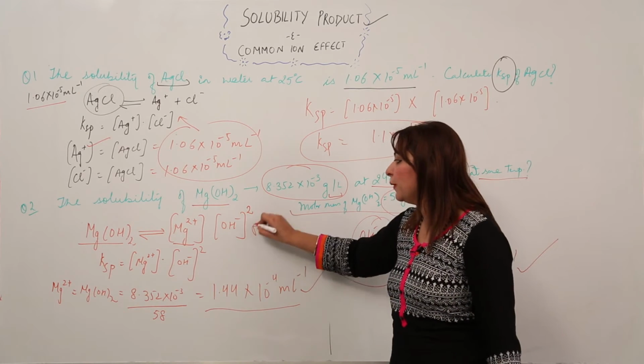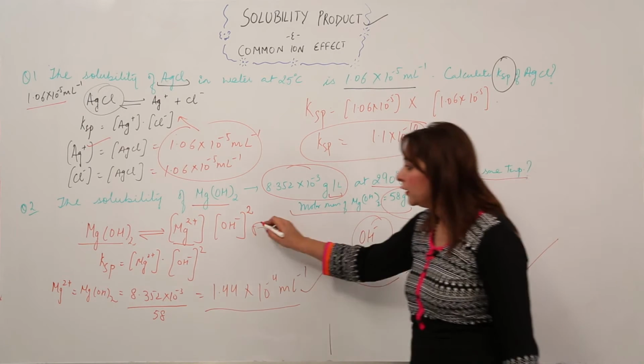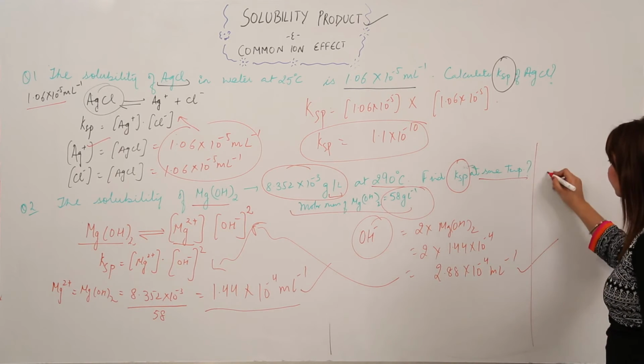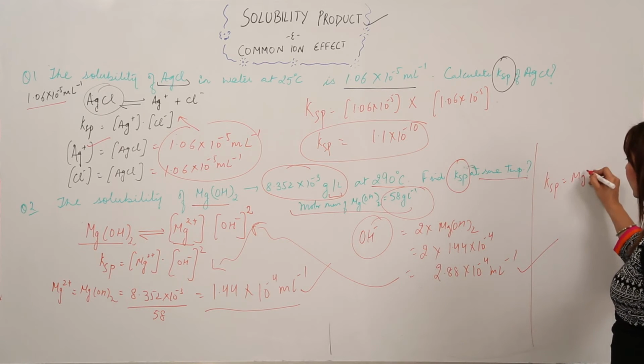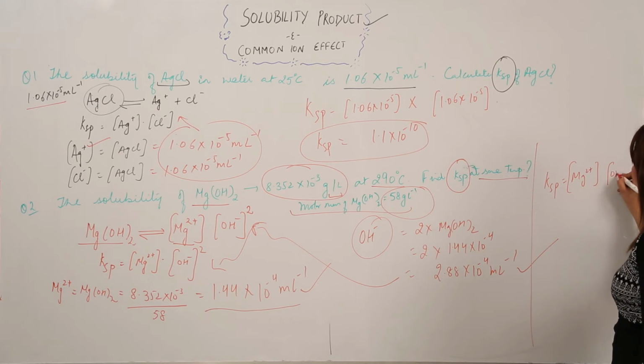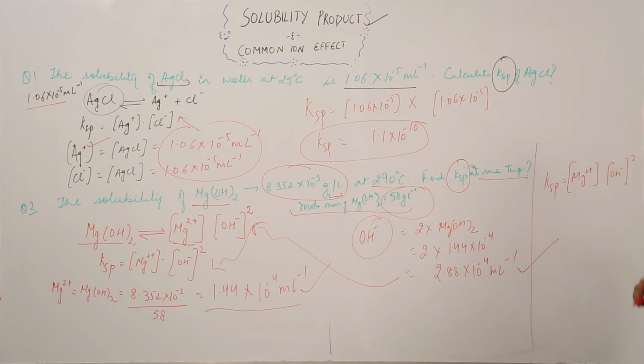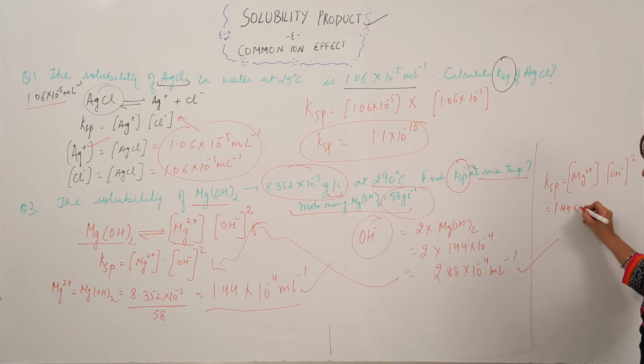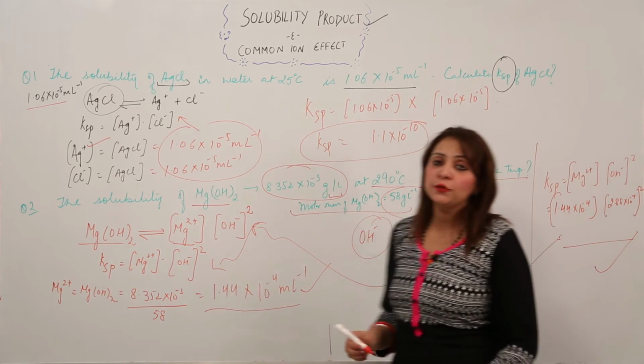Now, we'll be substituting these values in this given equation to find the value of Ksp. So Ksp becomes [Mg2+][OH-] whole squared, right, and we have Mg2+ as 1.4 into 10 to the power minus 4, and OH we have 2.88 into 10 to the power minus 4, and you have to put the square, don't forget, because this 2 matters a lot, and after solving you are going to get an answer. So this is how you are going to find the Ksp.